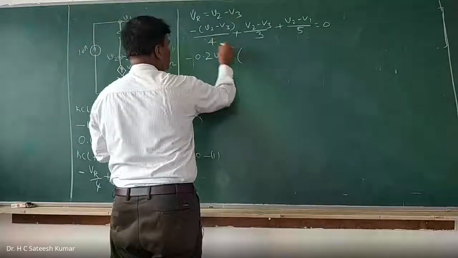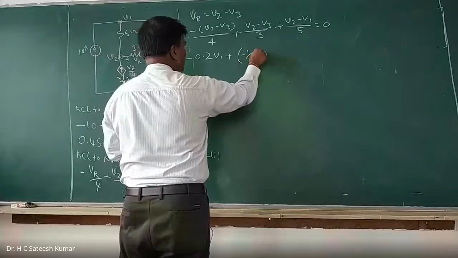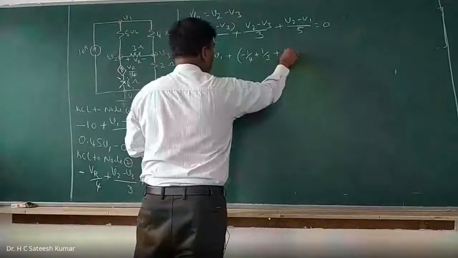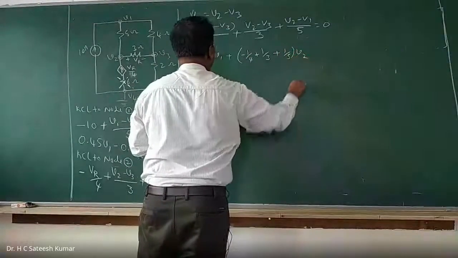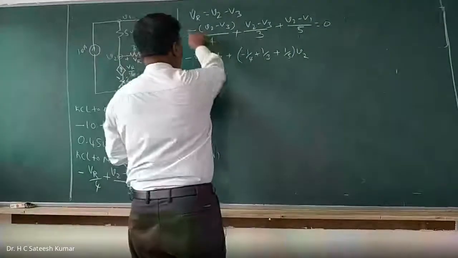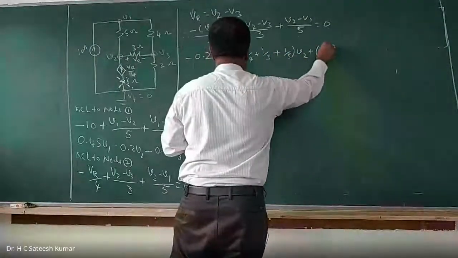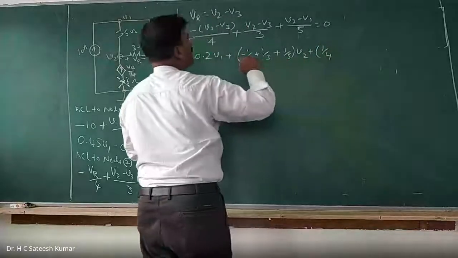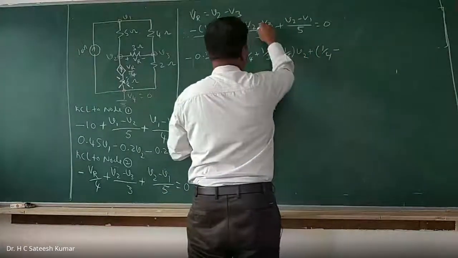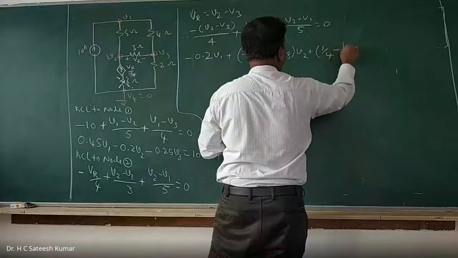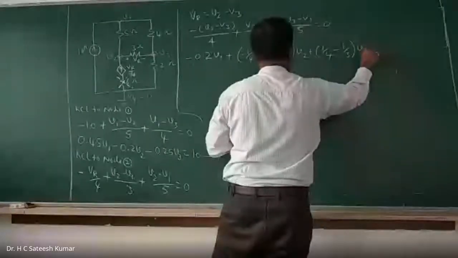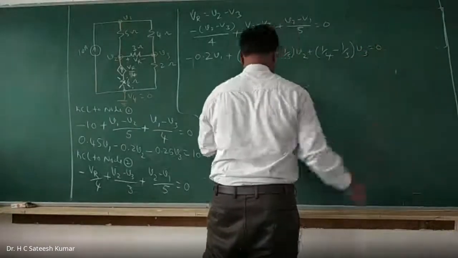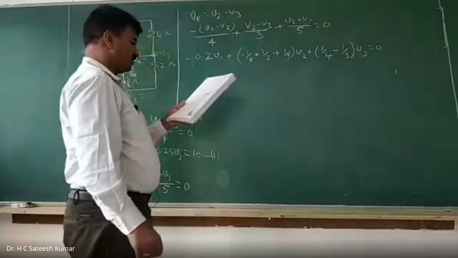V2 coefficient minus 1 by 4 plus 1 by 3 plus 1 by 5 into V2. And what about V3 coefficients? Minus of minus plus 1 by 4 minus 1 by 3 V3 is equal to 0. And if you simplify this one, you will get it as